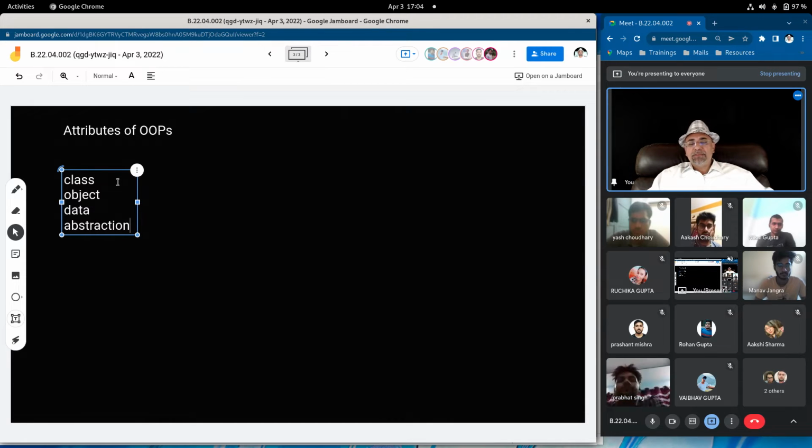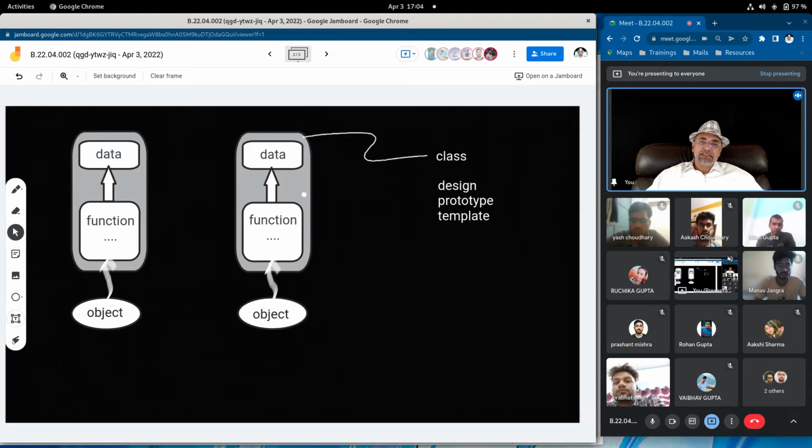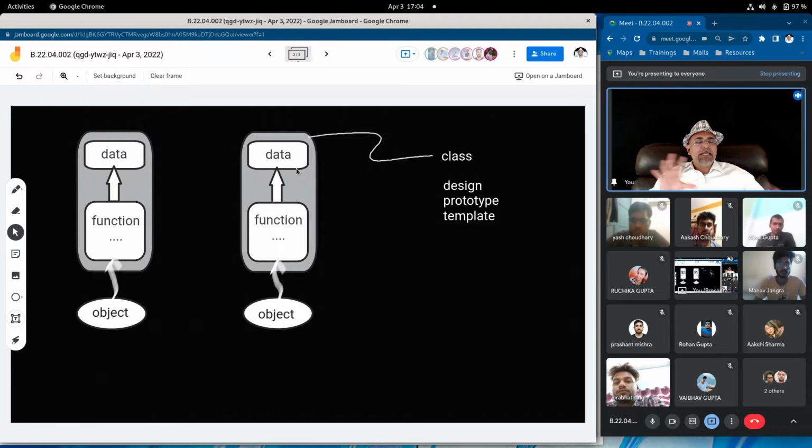Now abstraction means hiding something, showing only relevant information. If you look at this architecture of OOPS, data is abstracted, hidden from the rest of the world. Only relevant, valid access to the data is given, and that is through functions. Okay.